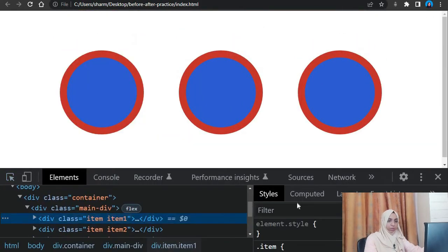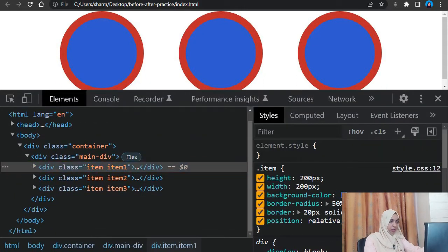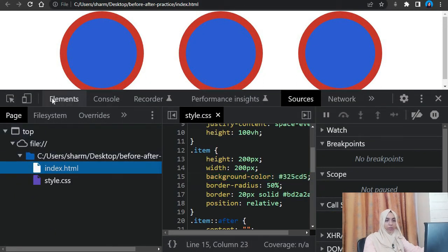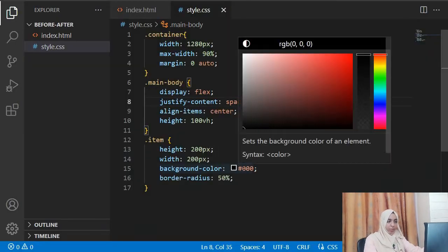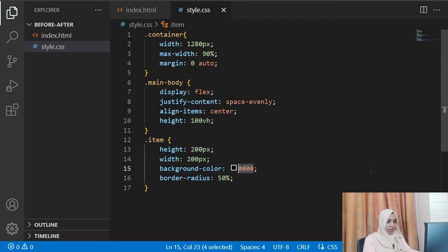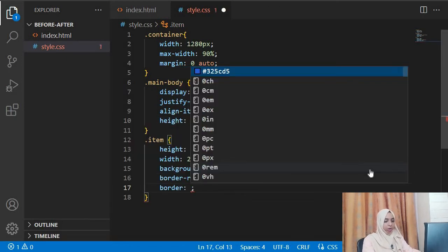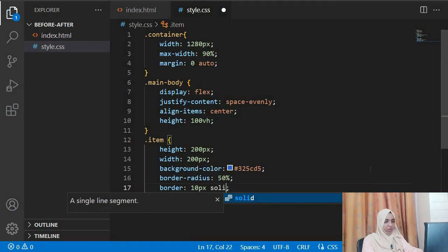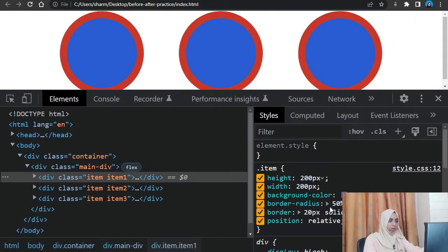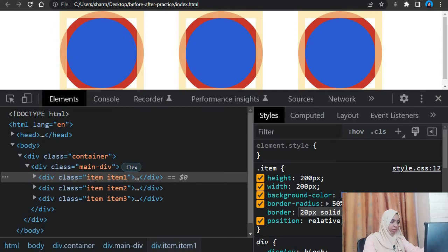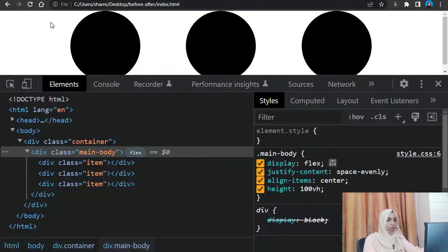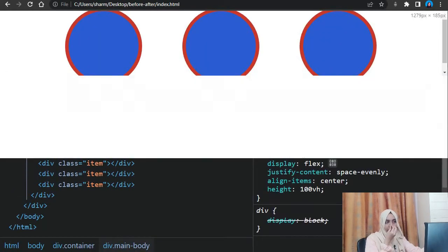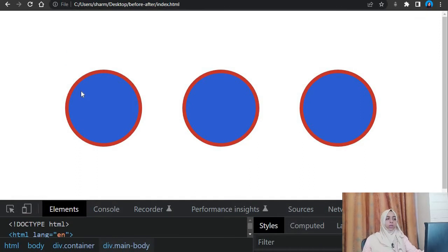Okay, so the color of this element here is this blue color. So this blue color over here, we will give this background color of blue. Alright, and let's give it a border of 10 pixels solid, and let's pick up the border color as well from here. So we just pick this color up and we give it to this, and here we have our 3 elements ready. Alright, so this was just the basic elements.